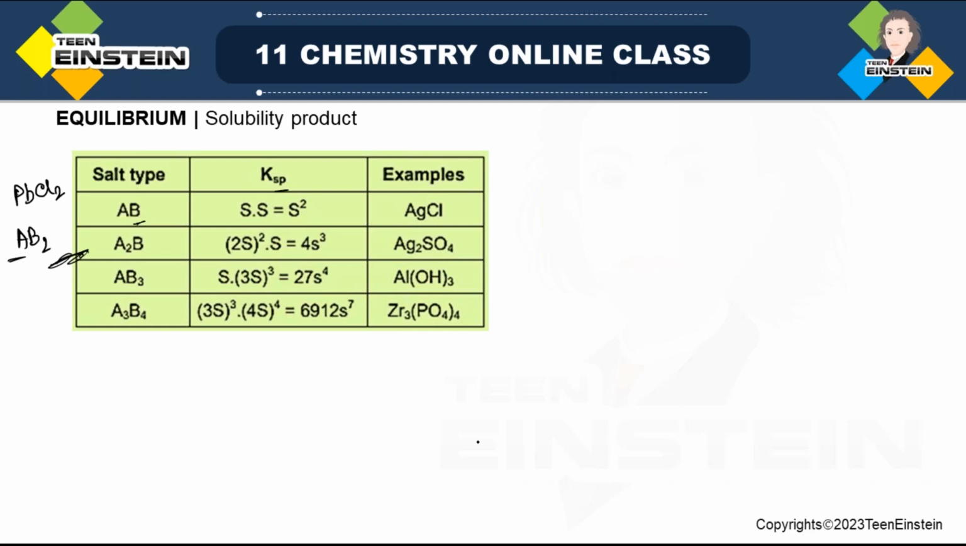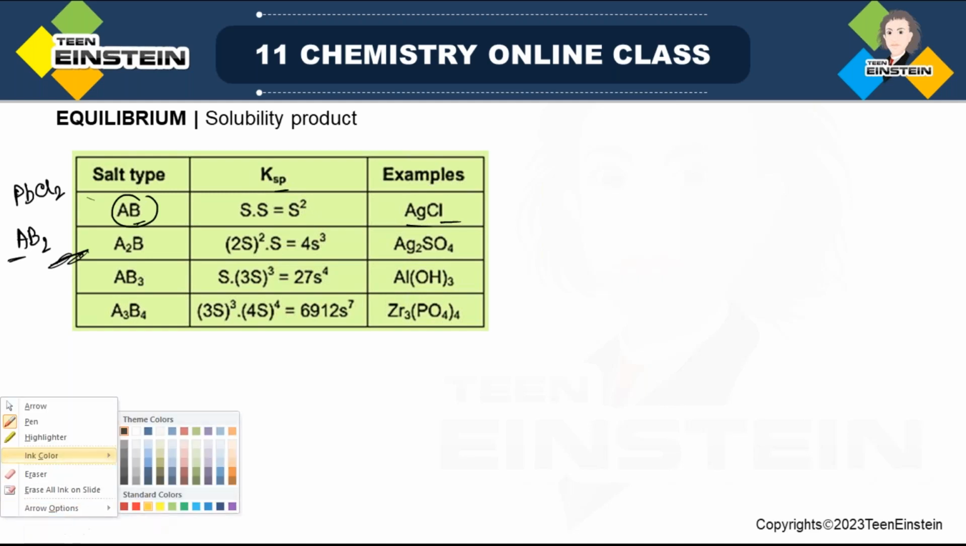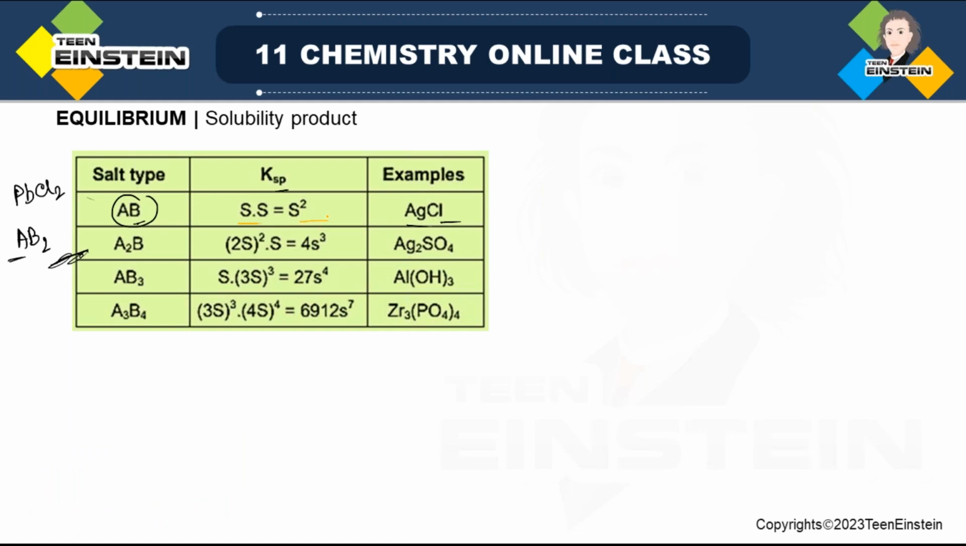So when you write Ksp in terms of capital S, that is solubility, not in the previous way, this is something new. When you express it in terms of solubility capital S, then the term will be like this. So when you have any salt with 1 cation, 1 anion, that means the type is AB. If you have this type of salt, then it will be S times S, because now in the medium, remember,